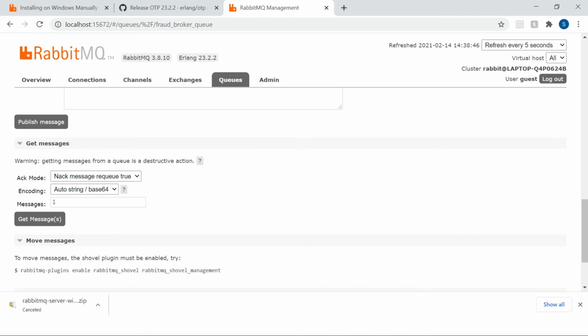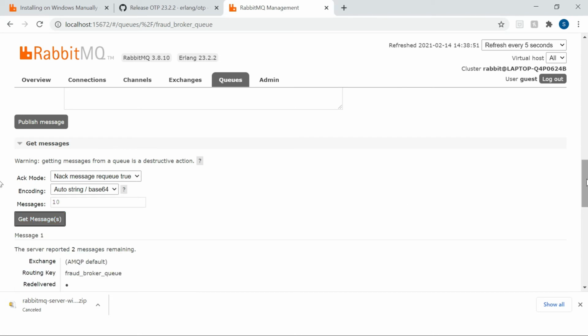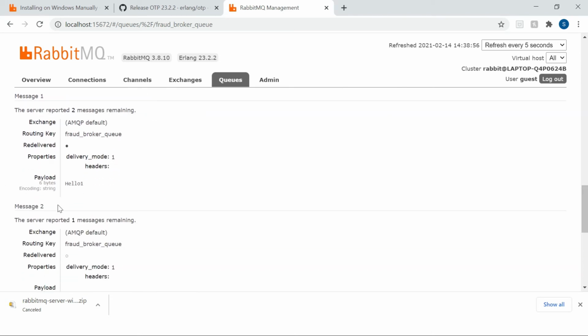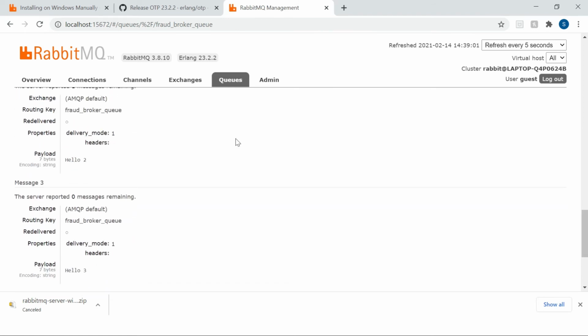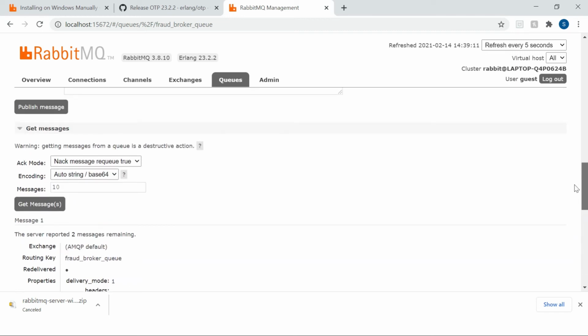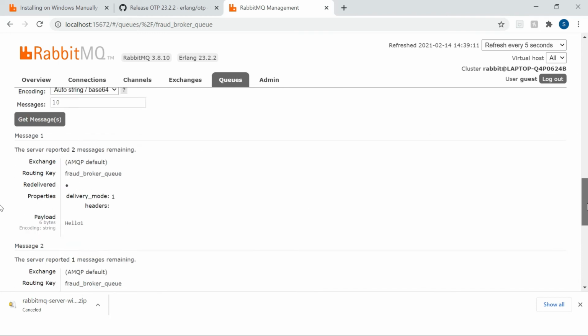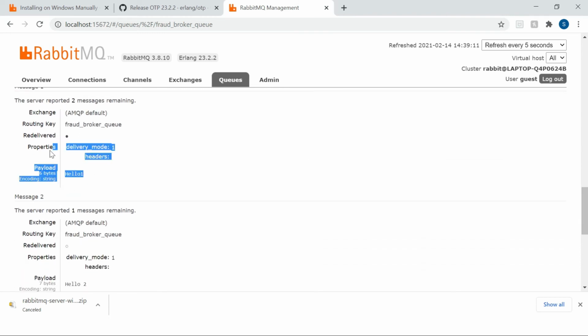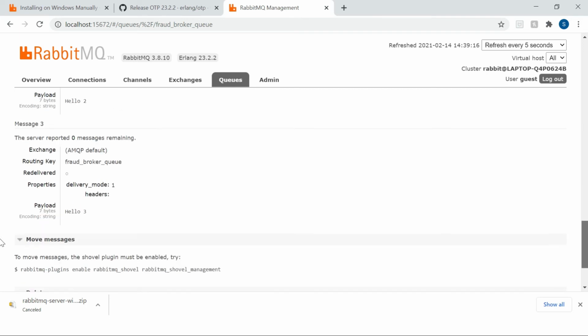Here I can show you, we have capacity. I want to see 10 messages, so it will show you. The first message is hello one, which we published first. The second message is hello 2, and the third message is hello 3. So hello 1 will be consumed first, and then hello 2, and then hello 3.